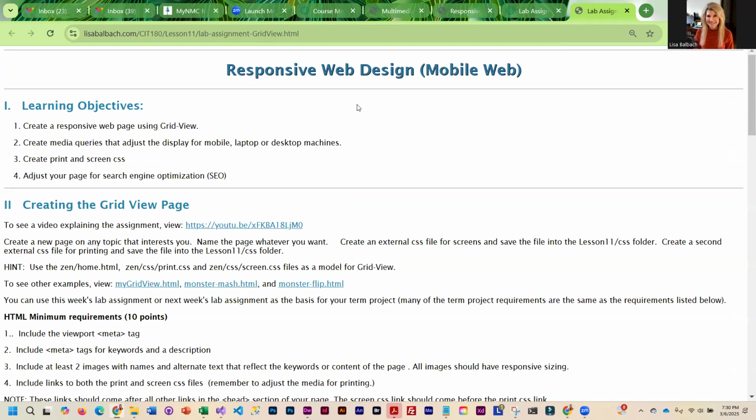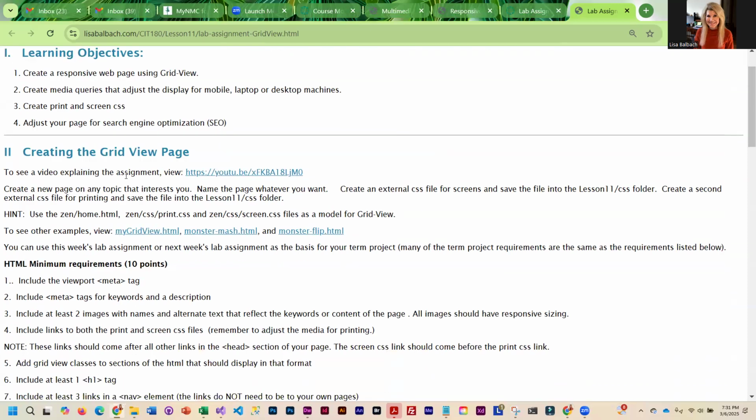So make sure you take time on this week's assignment and next week's assignment so that you can use that as a basis for your term project. So basically, you're going to be creating your own grid view page. You do need an external CSS file. I have a video that goes through all the requirements, so I'm not going to go through them